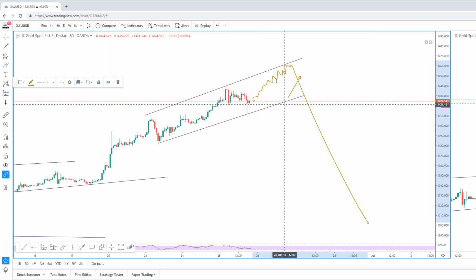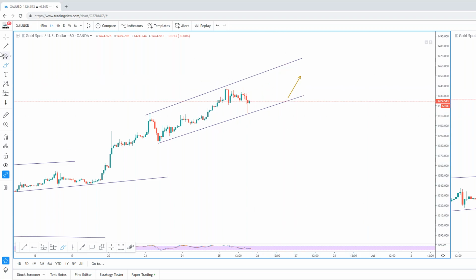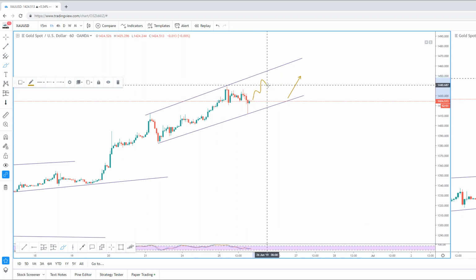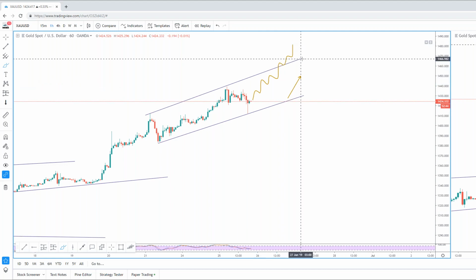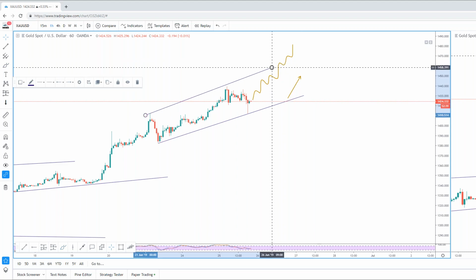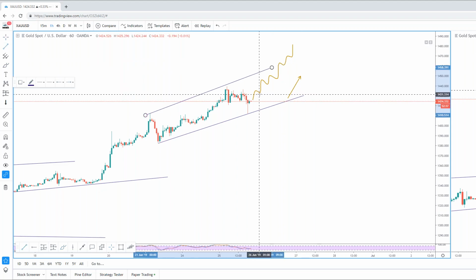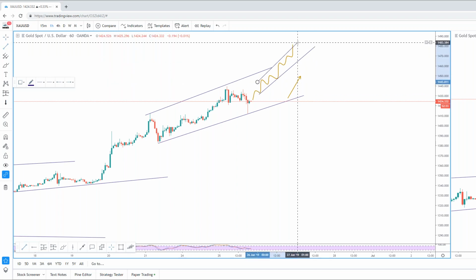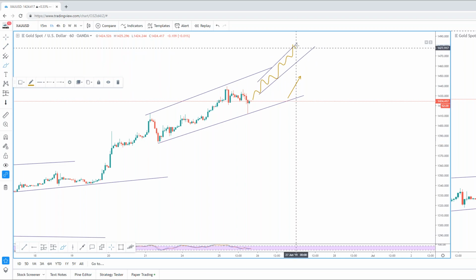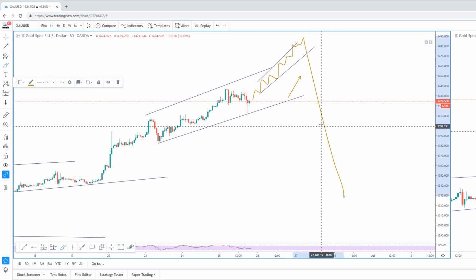I actually want it to move slightly and break the high, because I want people to get long. So I want the herd mentality. I want the majority of people to get long. So break the highs, continue to correct. I'll then redraw this trend line. I'm then looking for a new market structure to be formed. And then at this particular moment, I'm going to be looking for shorts,